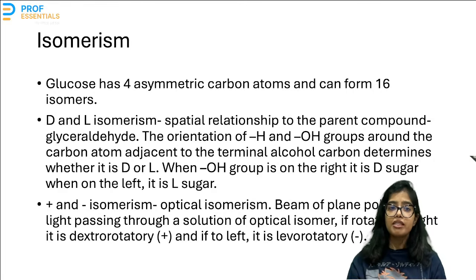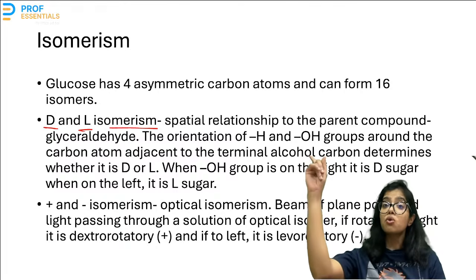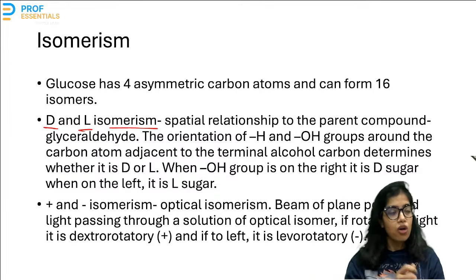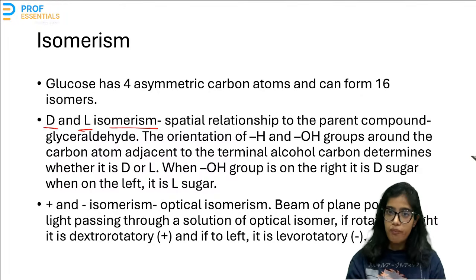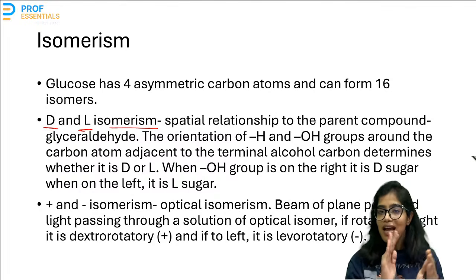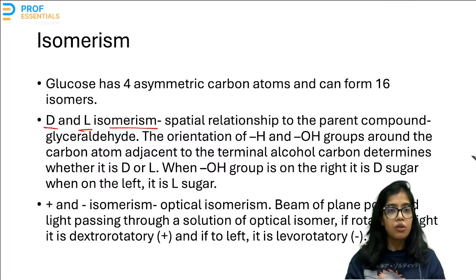The first type of isomerism is capital D and capital L isomerism. This accounts for the spatial relationship to the parent compound, which is the aldotriose. Why? Because glucose is an aldehyde, or glucose is an aldose. Therefore, the parent compound of this aldohexose will be the simplest aldose, that is aldotriose. So aldotriose is what? Glyceraldehyde. Ketotriose is what? Dihydroxyacetone. So, the parent glyceraldehyde, here if we see